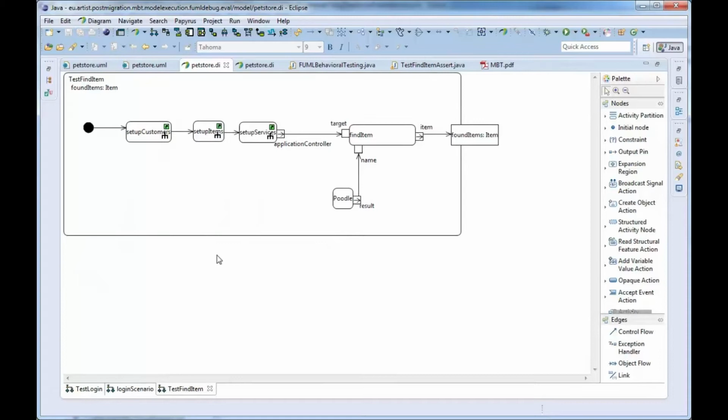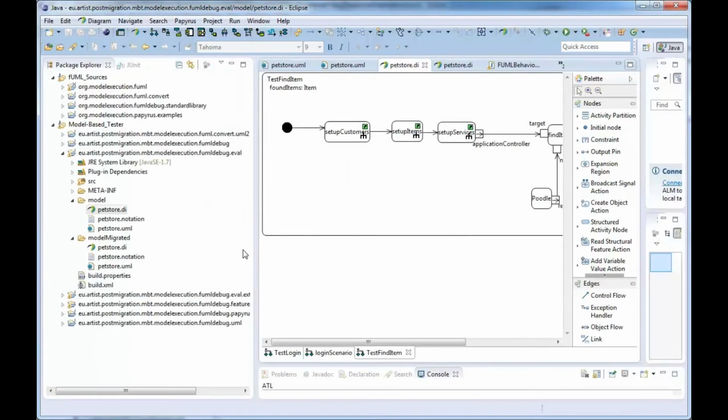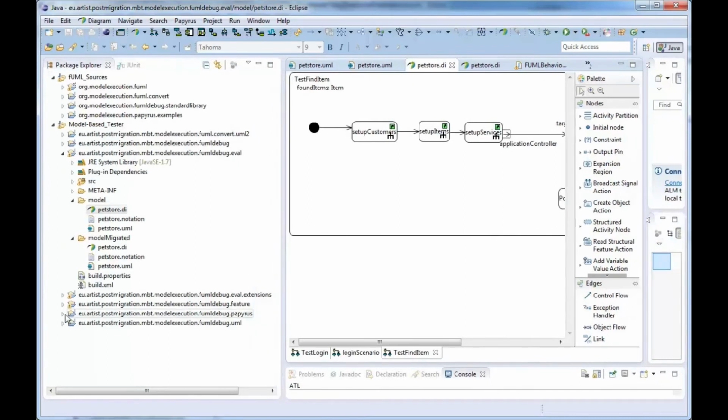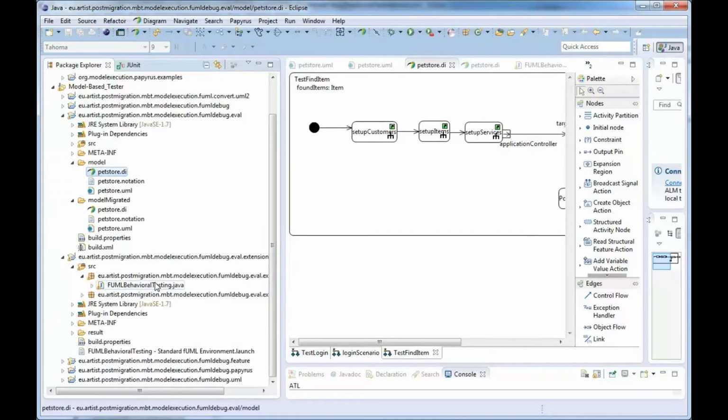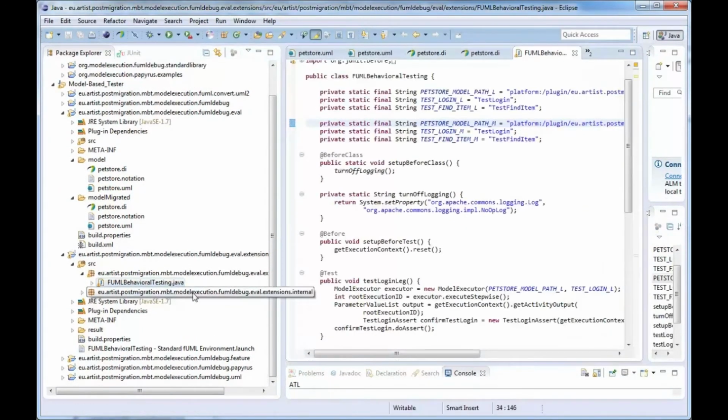We have also the test find item activity, for testing that a previously stored item can be retrieved. This activity is also calling others available in the model, such as setup customers, setup items and setup services. These activities are present in both models, the legacy and migrated one, so we can check if they behave in